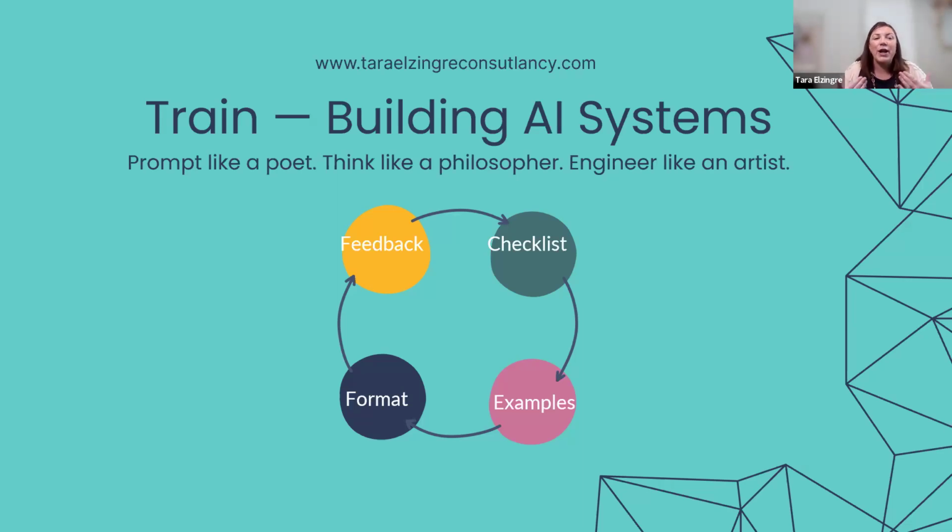And I absolutely love this quote. I think it's so, so brilliant. Prompt like a poet, think like a philosopher, engineer like an artist. And I think it really does complement well with the think, talk, train methodology with this as well. We want to use really, really flowery language. We want to use language that when we're talking to AI, that is not just create, generate, make